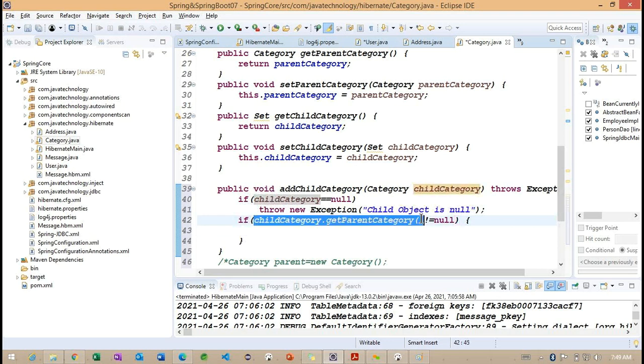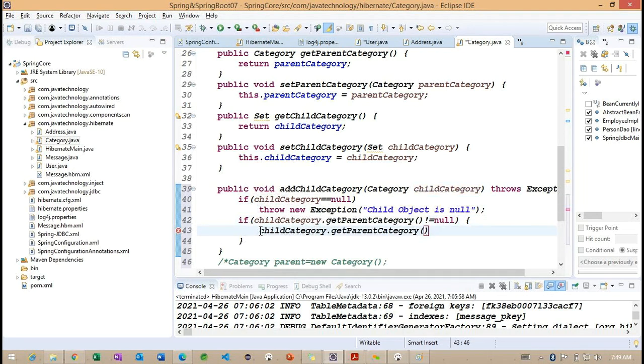Carefully observe, because we are going to have this kind of specific method in the model classes. In real time, we try to specify more than one specific method here. Now observe, based on this condition, the child category dot parent category.